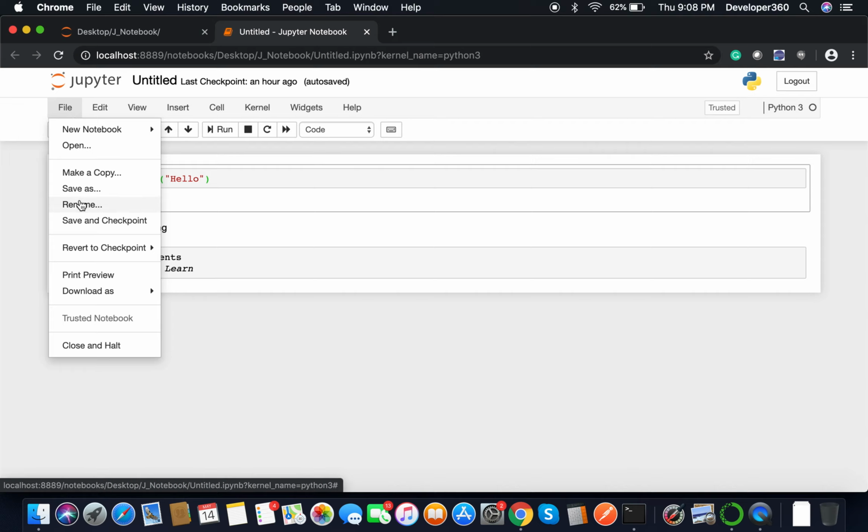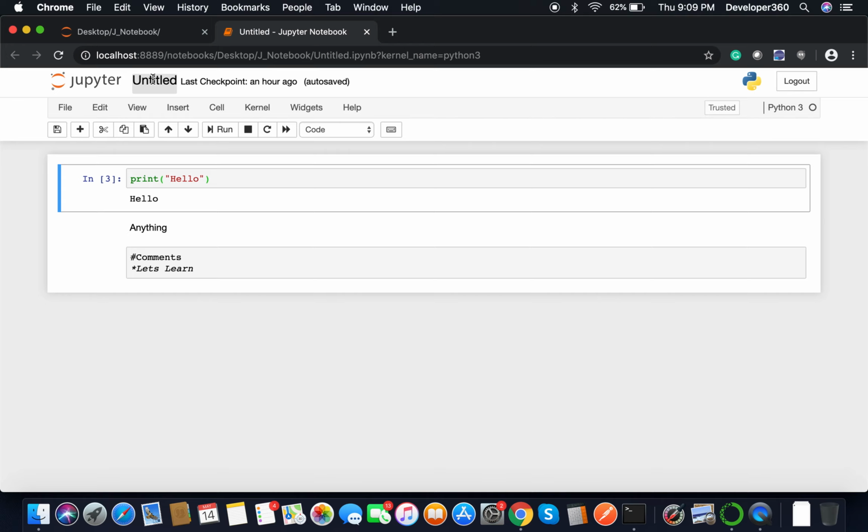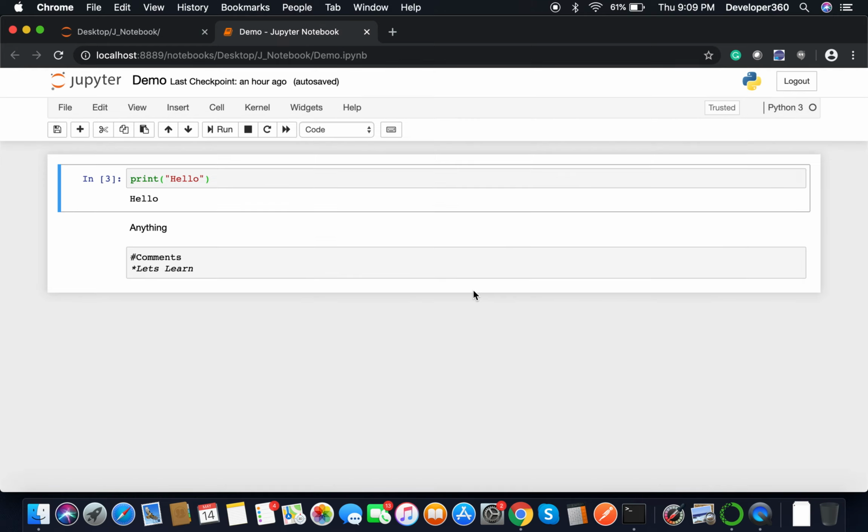You can rename this file which is untitled right now. We can download this file as I mentioned, .ipynb as the notebook, or .py file. Py file is for the Python language, so you can download in Python also, and you have several formats, like HTML and all, but mostly people download this in the ipynb file or the .py file. So you can do that. Also, if you want to rename, you can click here and rename it to demo. So this is my demo.ipynb.